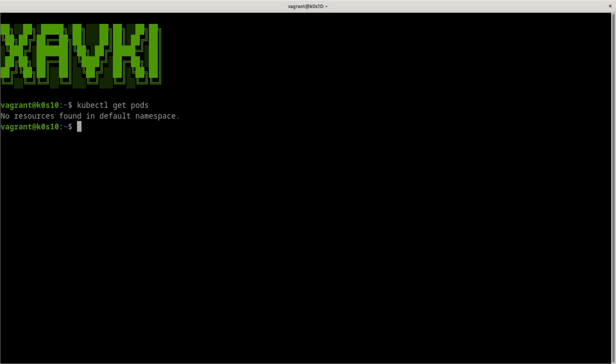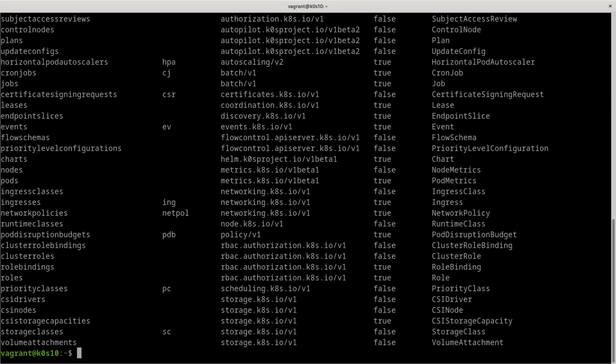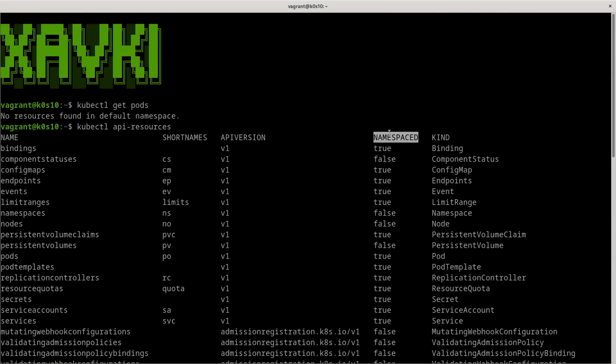Namespaces are just boxes, and these boxes store resources like pods, services, deployments, replica sets, etc. But all elements in a namespace can be spawned in another namespace, but this depends on what we saw before with kubectl api-resources. Like here, you can see we have some namespaced resources, and other resources do not need to be namespaced.